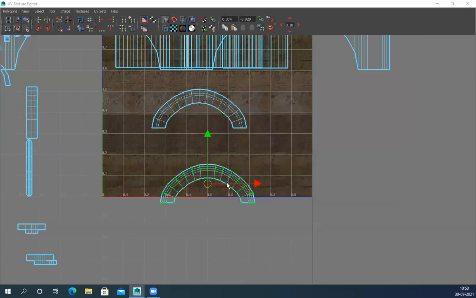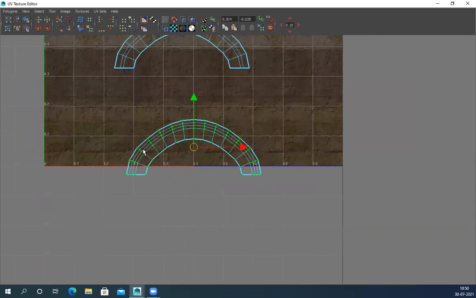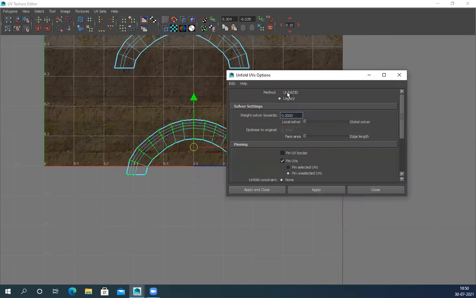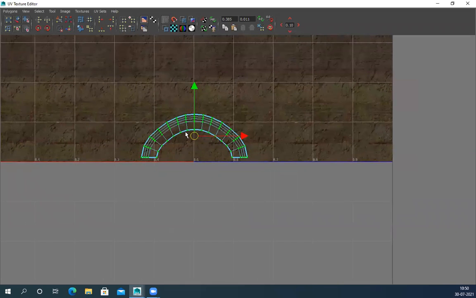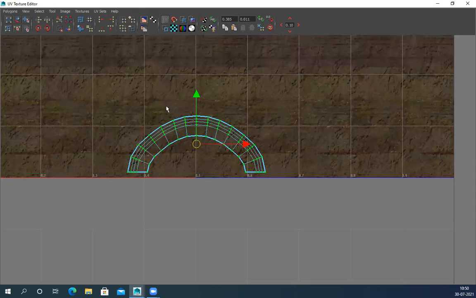It's not doing anything. I need to straighten this UV. In a newer version, you can just simply unfold and it will become straight. Here you can see, no. It's not making this thing straight. So I have to make this straight manually.